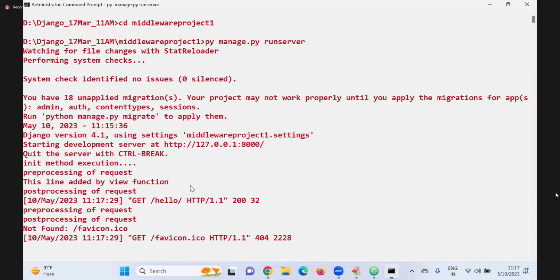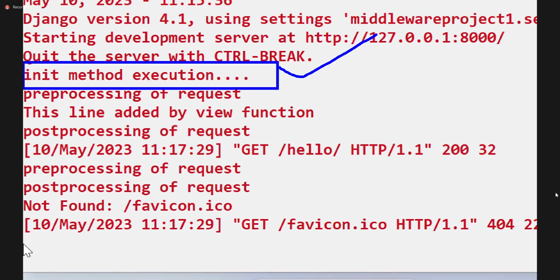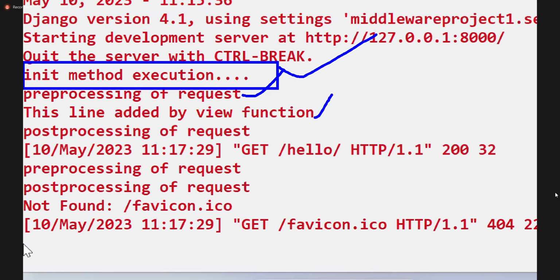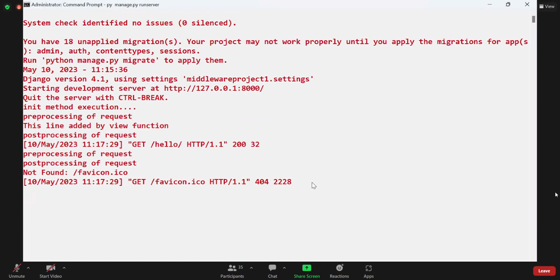Go to the console and check the flow here. First, which is executed? The init method, because whenever the server starts, that is executed first. Then it goes not directly to the view but to the middleware. This is the view response, then post-processing, and sending it back. That is the process that happened there.